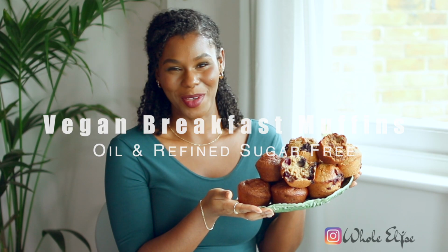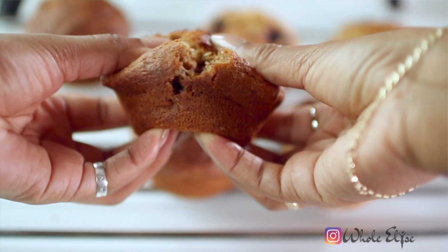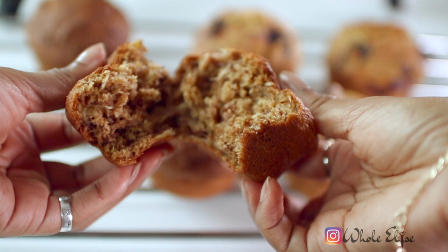I'm Elise and today we're going to be making vegan breakfast muffins. I'll admit, trying to produce a muffin that doesn't have any oil or sugar in it to give it that really light and fluffy texture is a little bit of a challenge, but I finally think I've cracked it with this muffin recipe. Not only are they completely free of refined sugar and oils, but they don't require any weird or exotic ingredients,